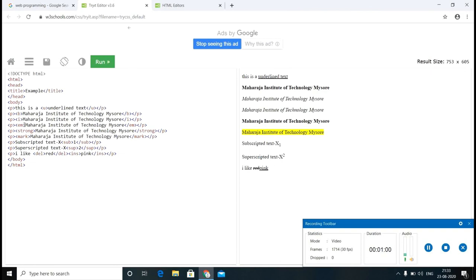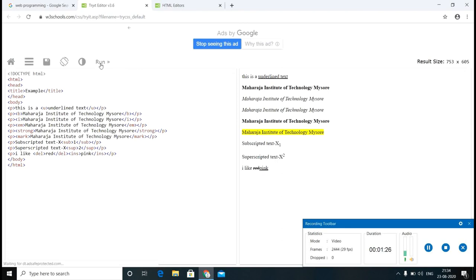EM tag, that is emphasizing the text, is similar to the I tag. Next tag is strong. This strong tag is used for highlighting the text, which is similar to the B tag. Next is mark, which is used to highlight the important text.